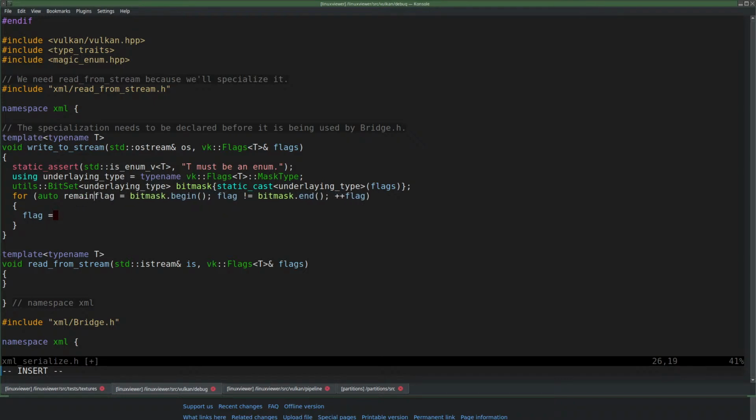Let's call it literally that, remaining flags. Or I could call it iterator and hide the fact of how the iterator works, because why would I call it like that, right? Yeah, let's just call it iterator or flag iterator, flags iter. Just call it iter, I think. Yeah.